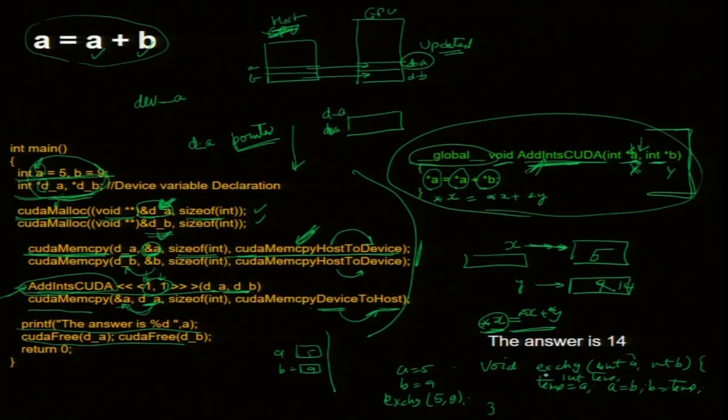Now, inside the function, these are local variables. So, this 5 is copied for this variable A. Inside the function A is copied as 5, B is 9. So, temp becomes 5, A becomes 9, B becomes 5, but it is not copied back. Once the function is done, these variables are gone, in fact finished. So, these are unaffected.